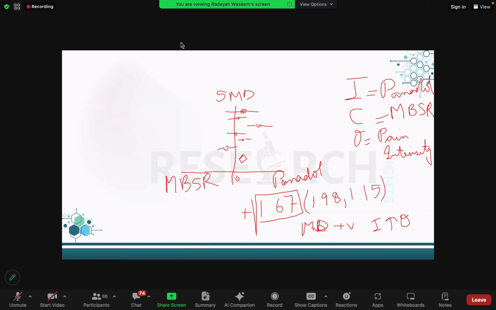So using this interpretation, you can easily label that obviously if your intervention is increasing the outcome, this diamond should lie in the region of the intervention group. Yes, it means that the control group is better. You're absolutely right that the control group is better in reducing the pain intensity compared to Panadol over here. But your diamond will lie in the Panadol group because the outcome is more in the intervention group. Do you understand it now?